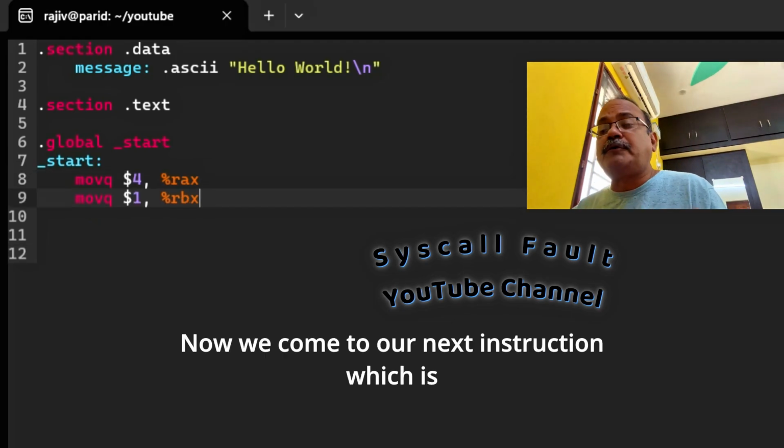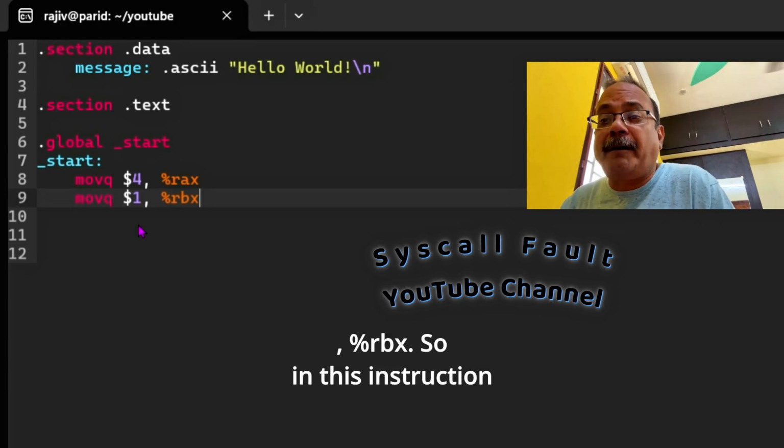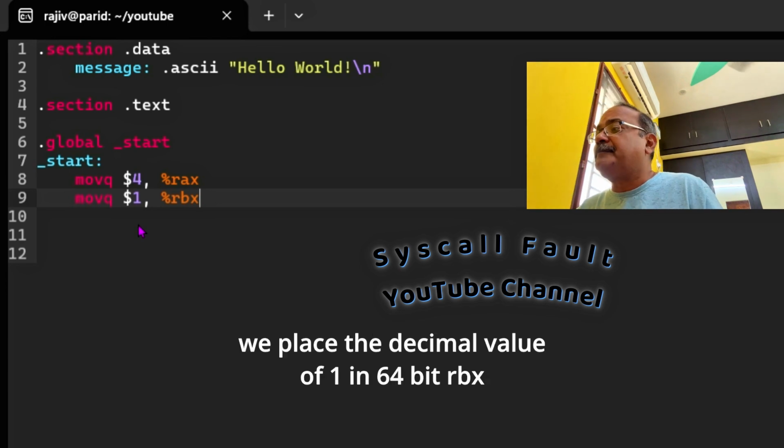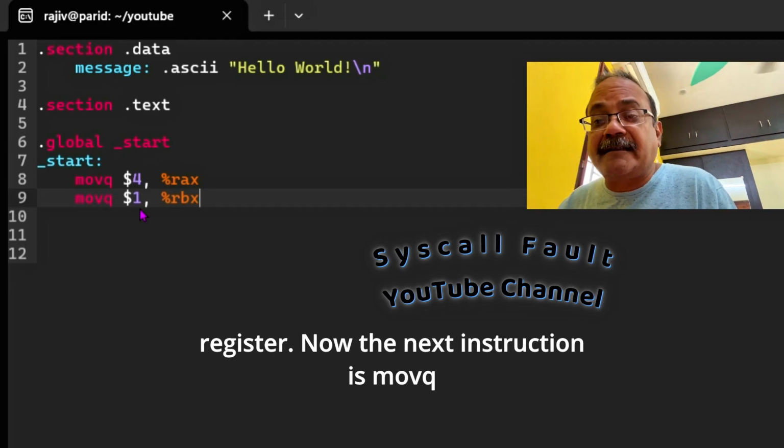Now we come to our next instruction, which is movq. Here q stands for quad. So movq $1, %rbx. In this instruction we place the decimal value of 1 in the 64-bit RBX register.